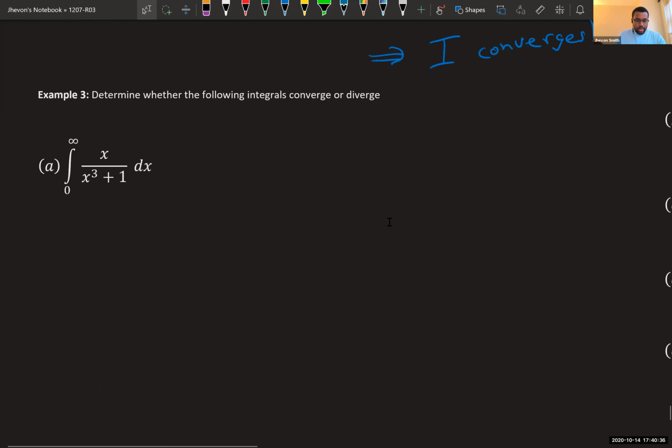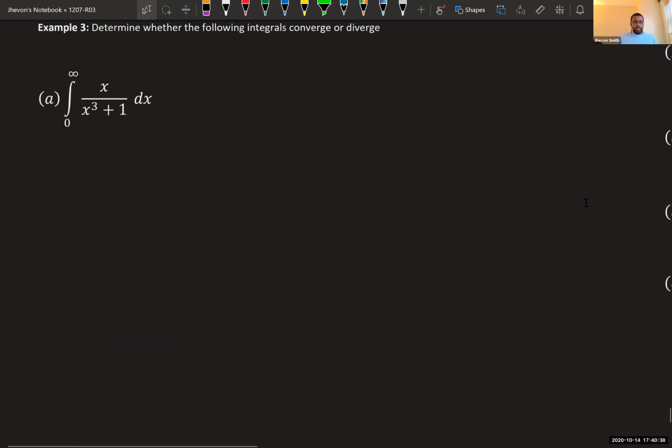Move these guys out of the way. Okay, so here is an integral, and let's say I don't want to directly compute it. The example just says, determine whether or not they converge or diverge. So I just want to know, is there a meaningful answer to this integral? Can the area under this curve from 0 to infinity be considered to be finite? That's essentially what I'm trying to figure out. And how would I go about doing that without actually doing the integral is the idea.